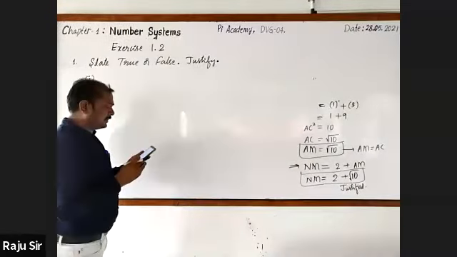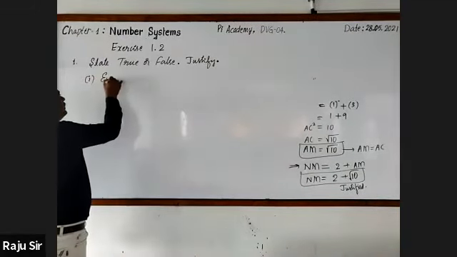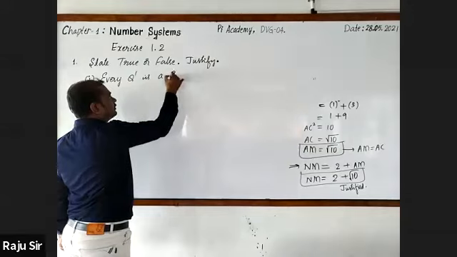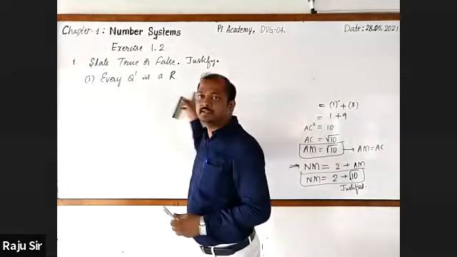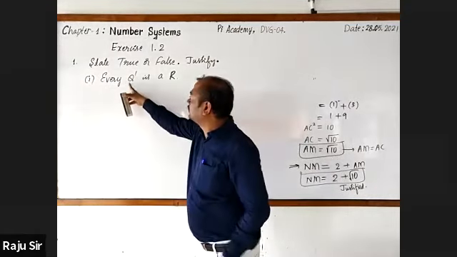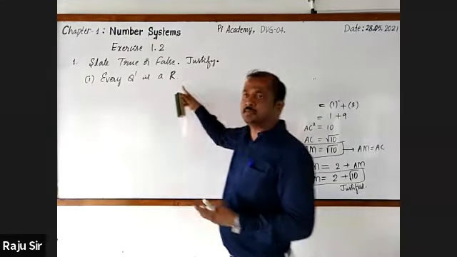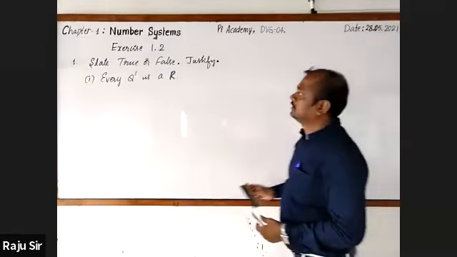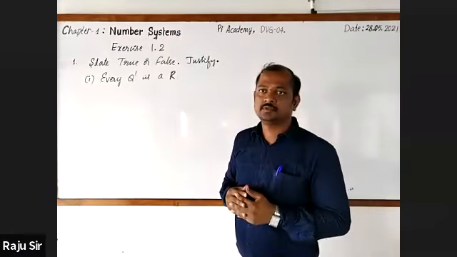It's very simple. Every irrational number is a real number. I have written it in symbolic form; actually, in the textbook it is given as a sentence. You know that the irrational numbers are represented with Q dash and the collection of real numbers is represented with R. You have to state whether every irrational number is a real number or not. True, sir.